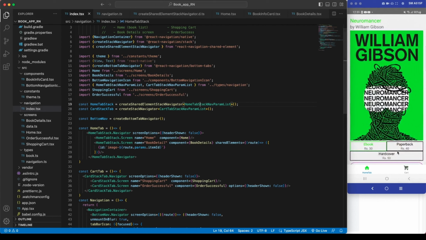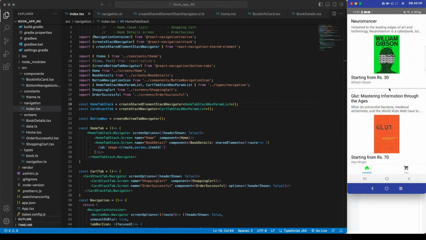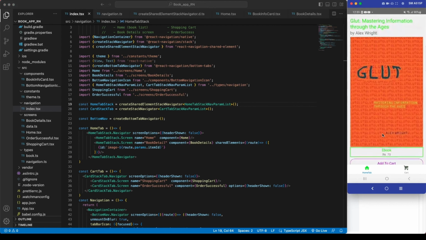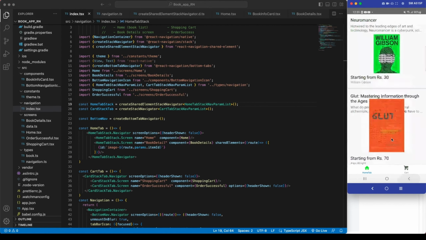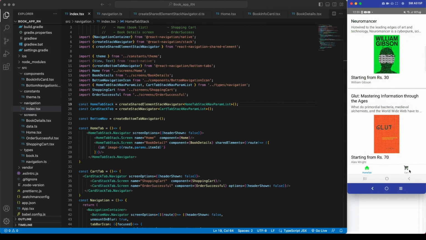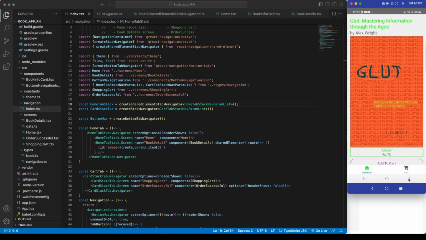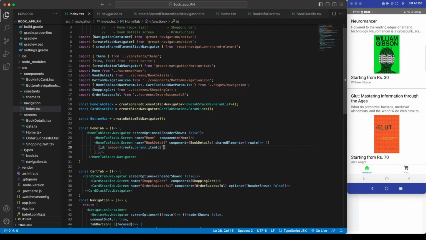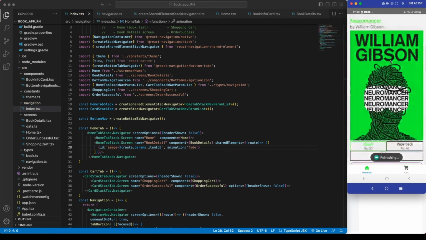See the kind of navigation now. Whenever it is coming back, it is going through this smooth navigation. Now if we click on this book, it comes from the bottom to the top, from this origin, and maintains that when it is going back. To enhance this styling, we can use these animation values. The first one is fade. If we do this now,